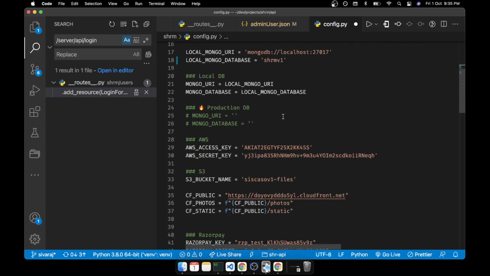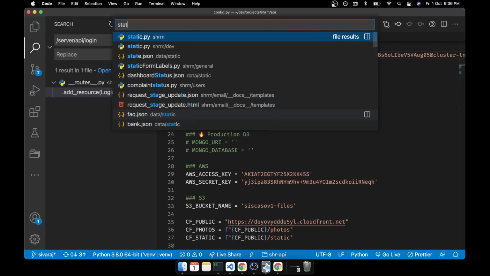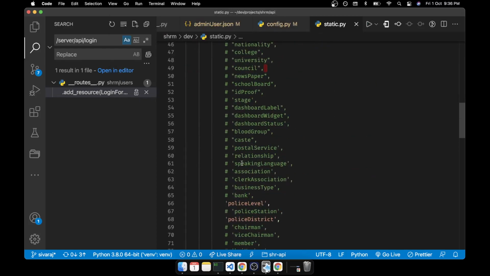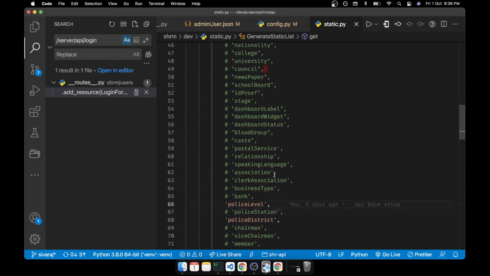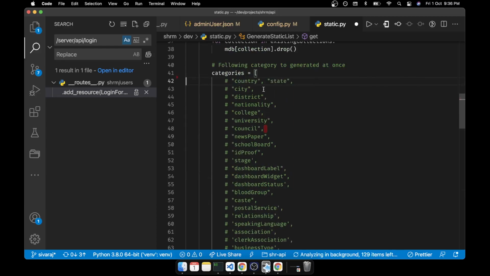Yeah, that's it for now. We'll go to static. Then here, anyway, in this project we don't need a course. We might need cities, college, university, council.